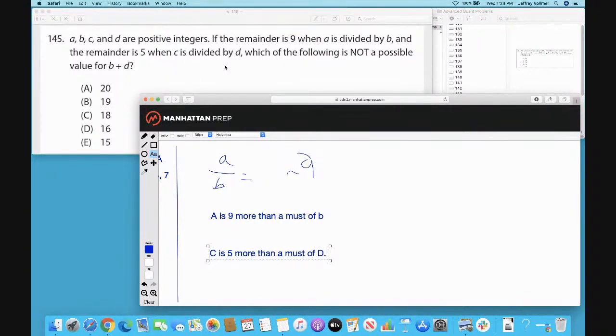So the rule for possibilities with remainders is that the remainder can't be more than what you're dividing by. So B cannot be like 7 here, because if you were dividing by 7, you wouldn't have a remainder that's bigger than 7, or that's 7 itself. So this tells me that B is less than 9. This one also tells me then that D is less than 5. And so if B is less than 9 and D is less than 5, then it would be